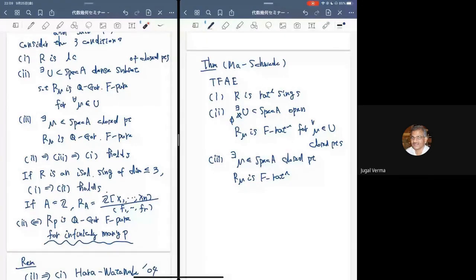F-regular rings didn't exist before 1990 or 1987, but the KLT singularity is quite old, I suppose, or log canonical. It was introduced in the late 70s or beginning of the 80s or something. So it seems like an accident, or is there a deeper philosophy working here?